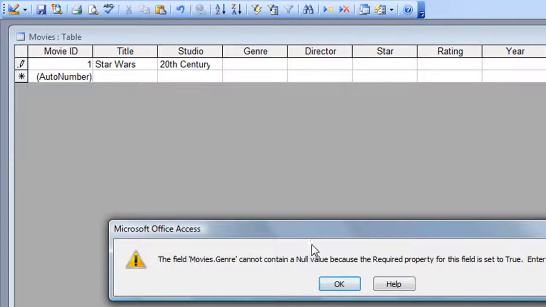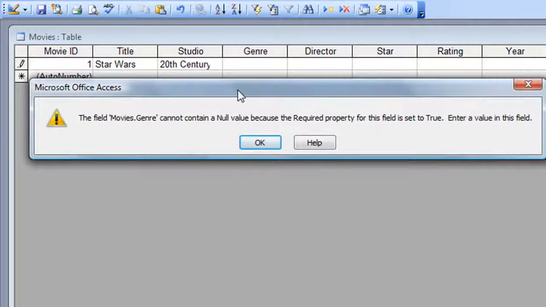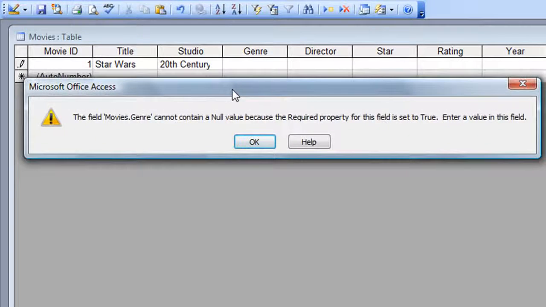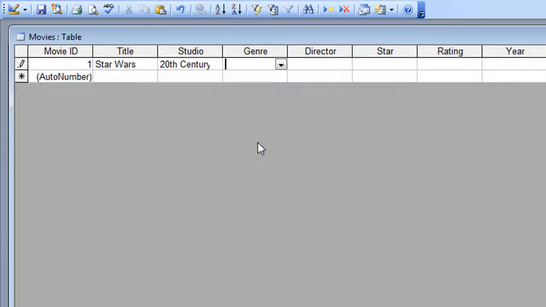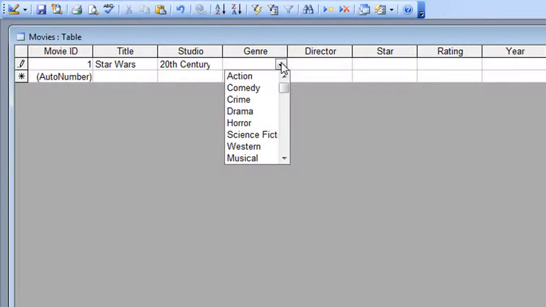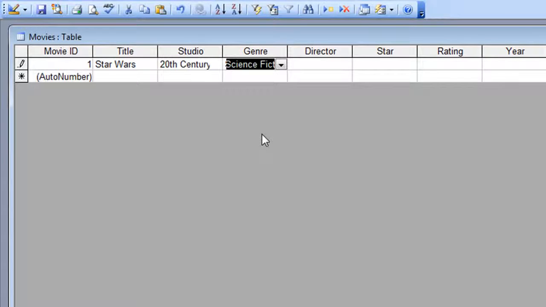See, I was trying to go away from the genre field there, and it's popped up this warning message saying the field movies.genre cannot contain a null value. The required property for the field is set to true, enter a value. It's a bit long-winded. What it means is I must enter something in there. I did know that anyway, but thanks for the warning. So science